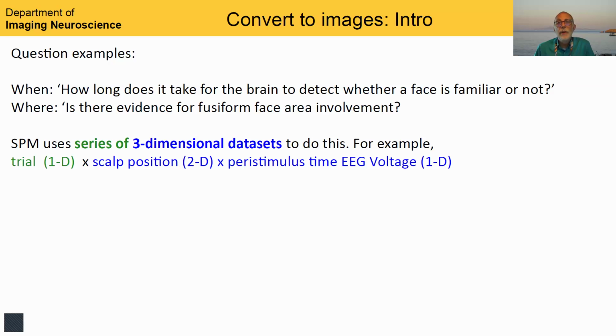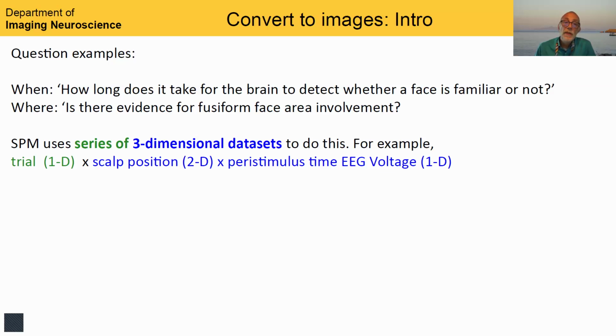Or where in the brain this happens, or in our case, which sensors might be most sensitive to this change. I may ask, is the fusiform face area something that shows evidence for this detection of whether a face is familiar or not? And to ask these questions statistically,